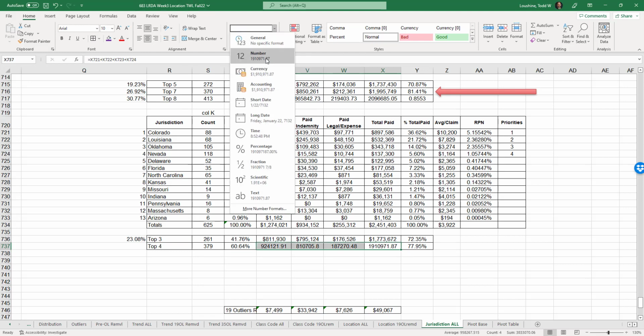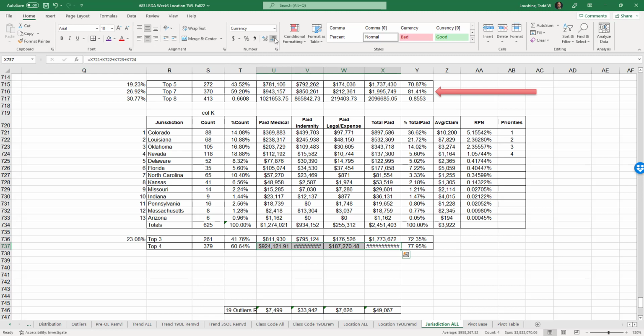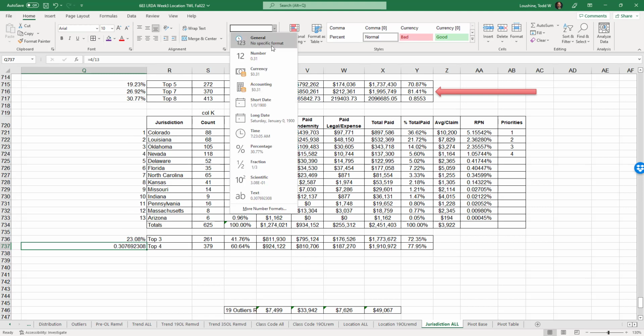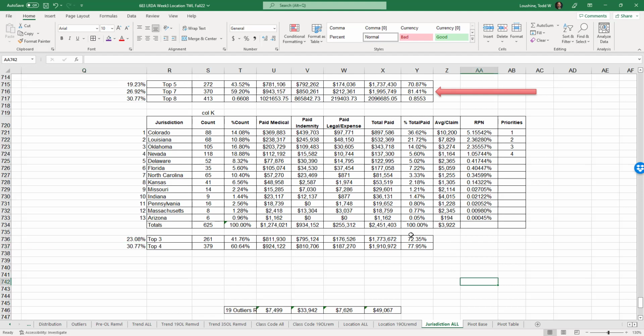Yeah. I mean, again, this is pre-removal of outliers. So, yeah, I'm thinking, it's equal 4 divided by 13. We're already at 30%. Cannot go higher than that. We didn't reach our goal, but this is the trade-off you make.